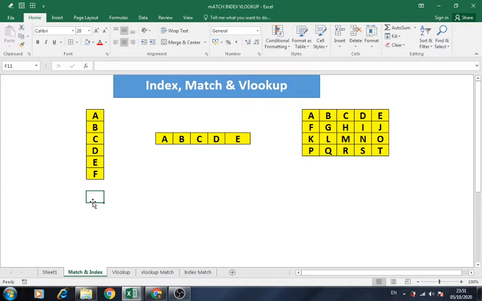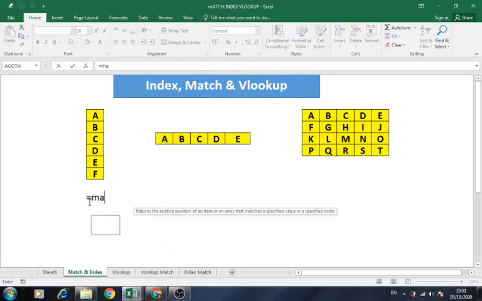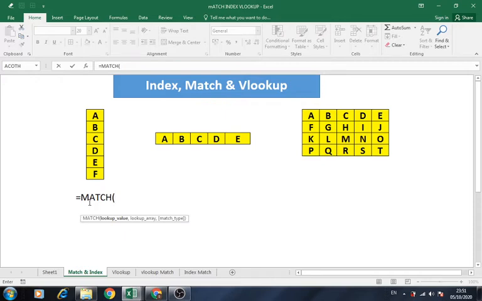Say I want to find out where is D in this list. So I can ask the match function, match, lookup value here will be D. Where is D in this lookup array?